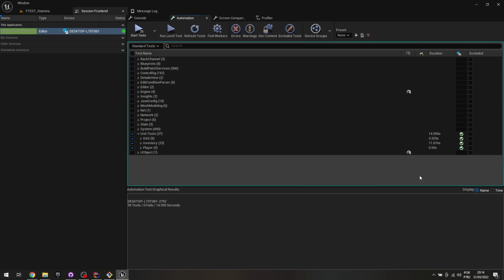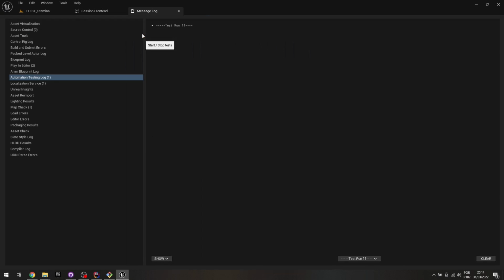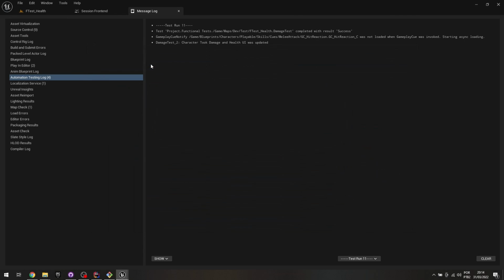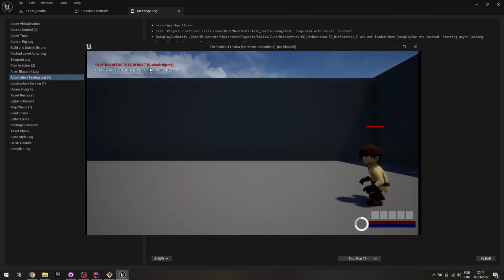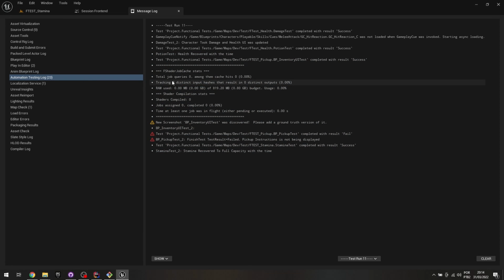And if you go to the session front end, all the tests now are passing, which is cool, which is what we're here for pretty much. So let's go to the functional tests now and see if those are still working as well. So let's just put everything here and see if they're gonna work. I mean, functional tests are pretty flaky, so let's see if it's gonna work anyway. Okay, one failed,